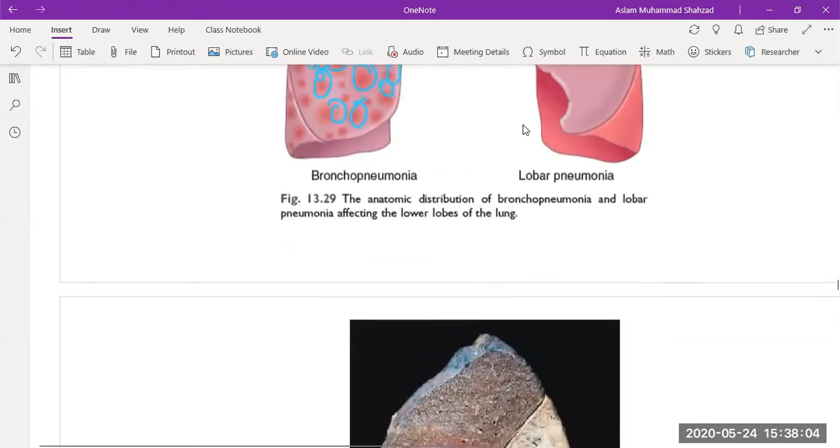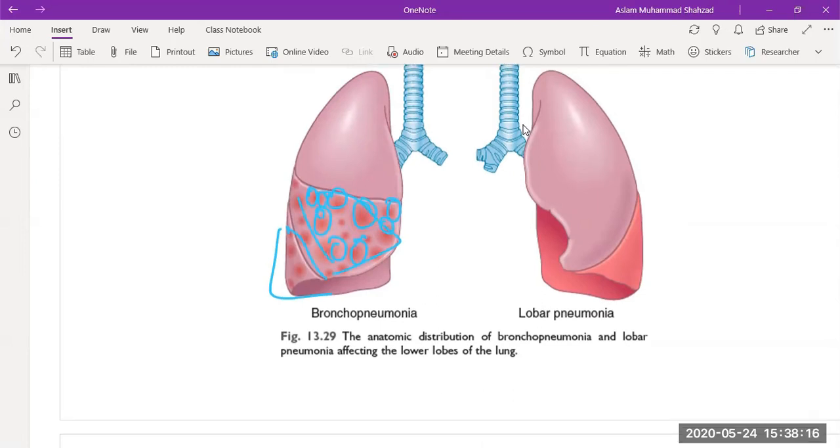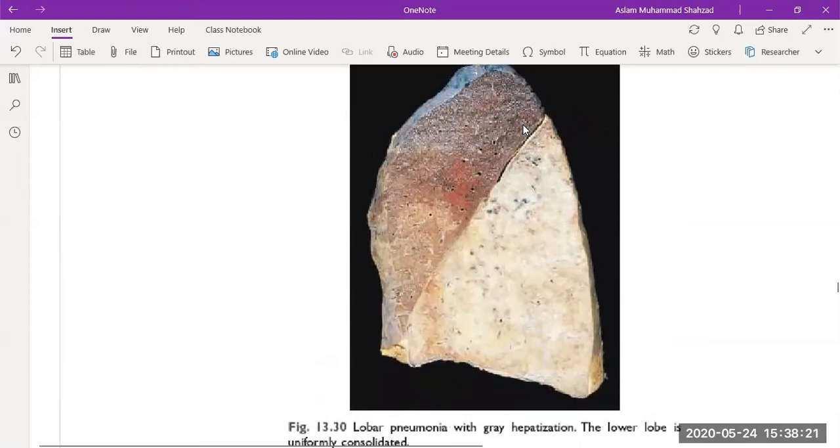So bronchopneumonia is more patchy. It may be on the lower part, the middle part, or the upper part. Whereas lobar pneumonia is associated with a certain lobe that can be affected. They mention in gross that lobar pneumonia has gray hepatization. So how can we see the gross structure? If you see